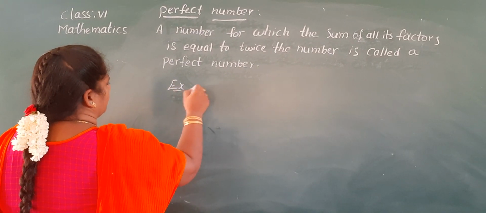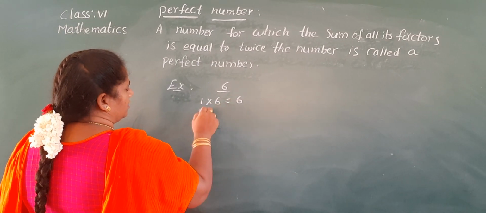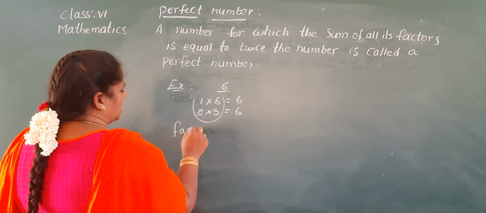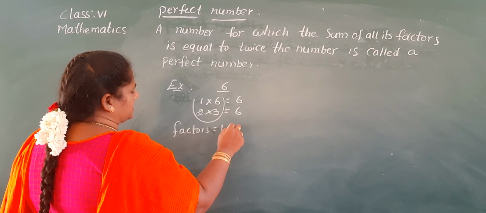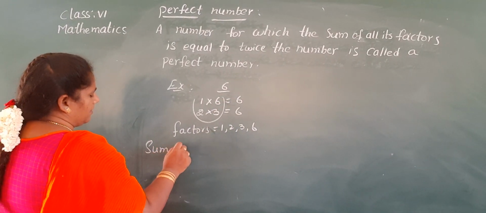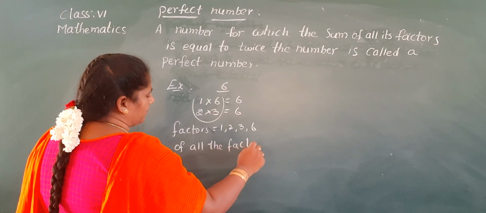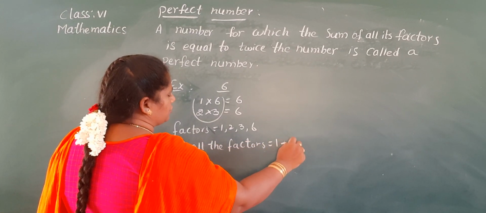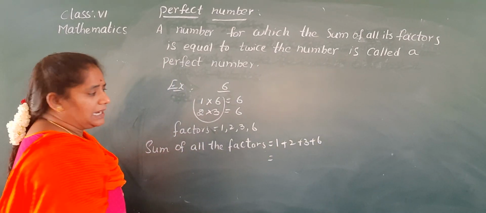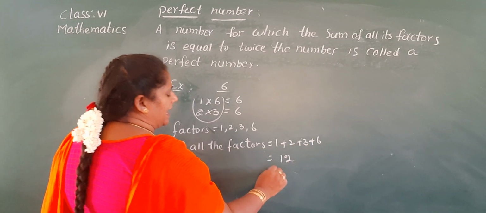Example 6. First we will write the factors of 6. 1 6s are 6. 2 3s are 6. So the factors are 1, 2, 3, 6. Now we will find the sum of all the factors. 1 plus 2 plus 3 plus 6. 1 plus 2, 3. 3 plus 3, 6. 6 plus 6, 12. So we can write the 12